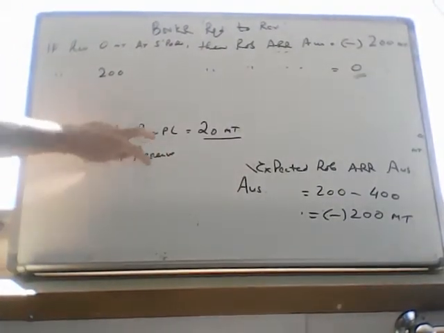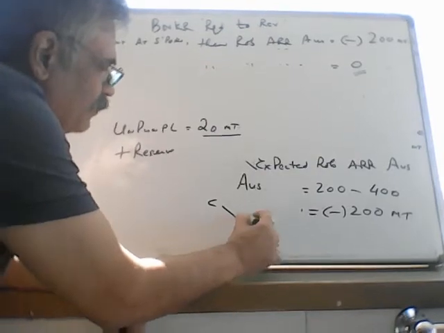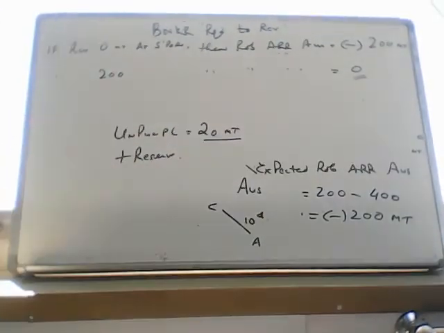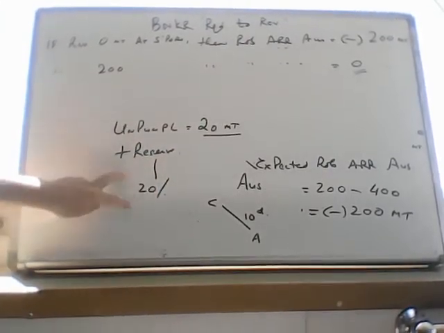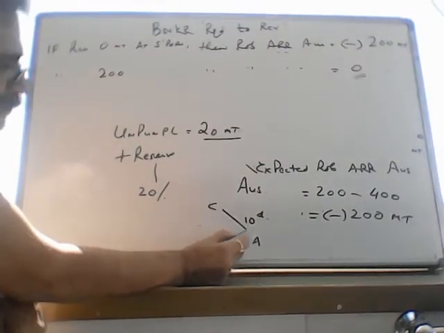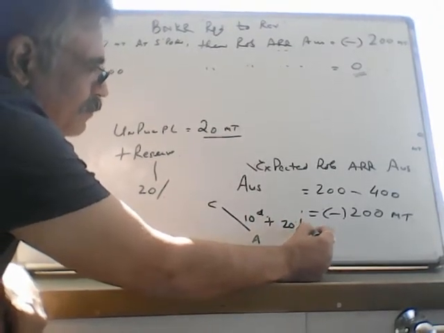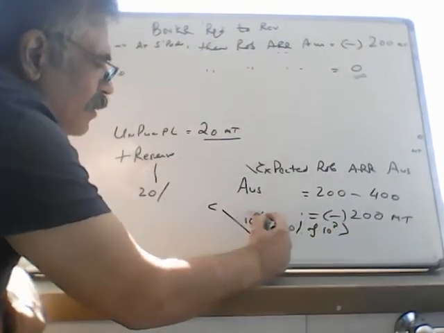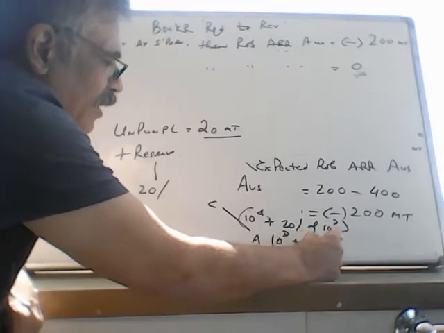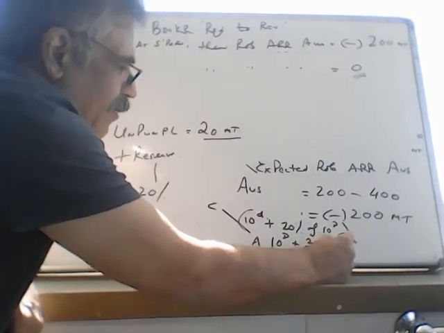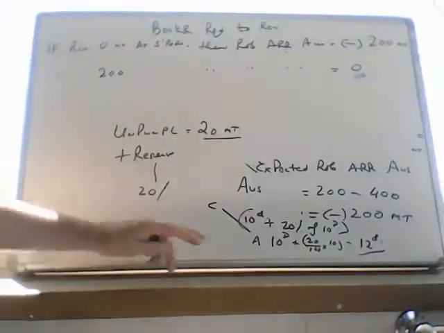You need some reserve because in case you have rough sea, that 10 days voyage from China to Australia might become 11 or 12 days. So normally the reserve is 20%. 20% extra fuel. Because if you have adverse current or rough sea, this 10 days can become 10 days plus 20% of 10 days. So if you do this, it will come out to be 10 days plus 20 upon 100 into 10, and this will come out to be 12 days. So you must have fuel for 12 days.